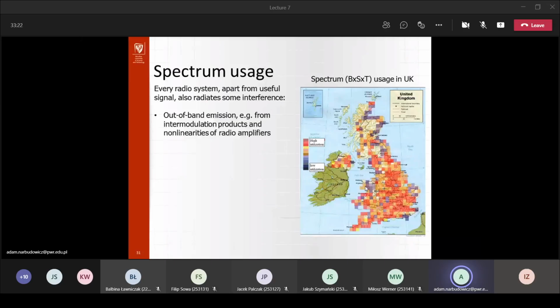But basically, in this context, it means that if a radio device is not designed properly, it can generate certain signals that are out of the allocated band for that device, right? So, for example, if you have a bad Wi-Fi router that was not properly certified,